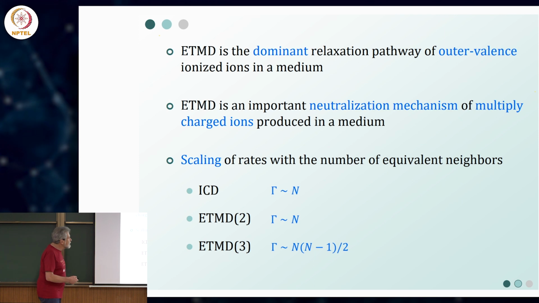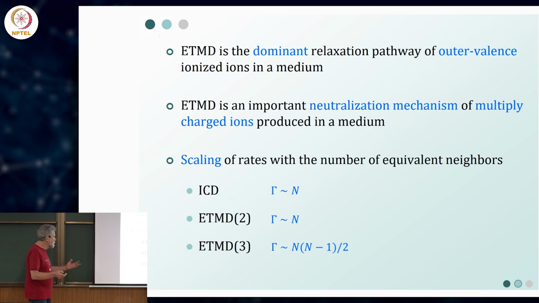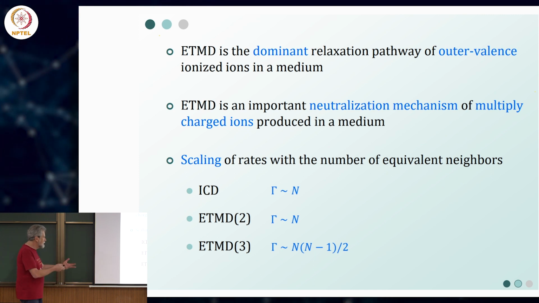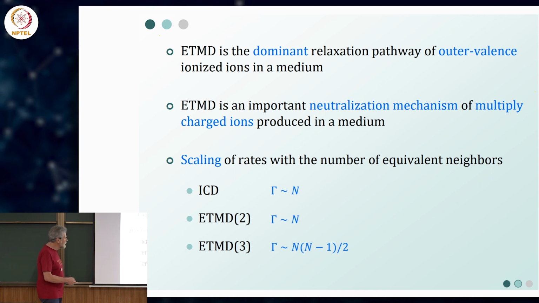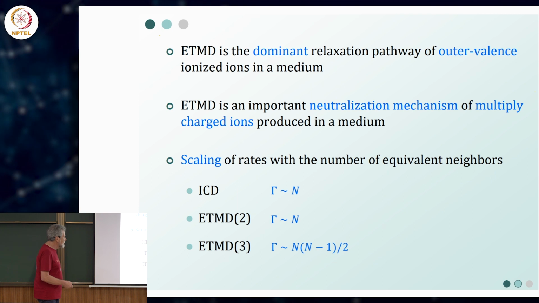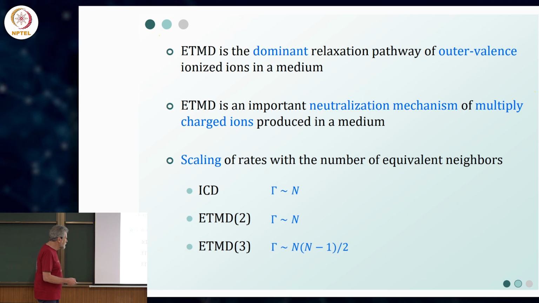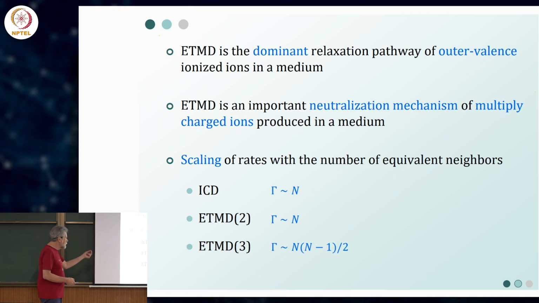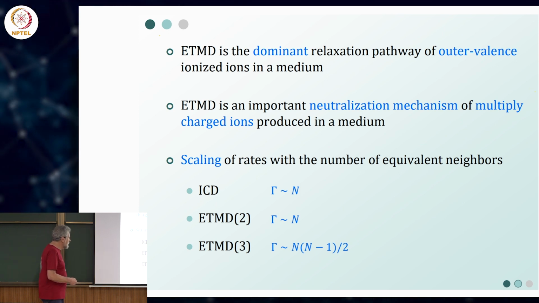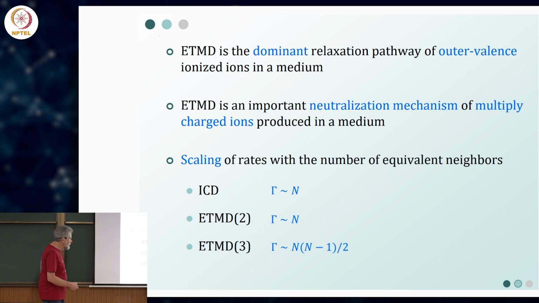Now it's important in the neutralization mechanism, particularly of multiple charged ions, which are produced, for example, by Auger in a medium and so on. Now a little about scaling with equivalent neighbors, else it's more complicated, of course. ICD we have seen in the neon clusters, you expect something which goes with n, the number of neighbors, unless you have coherence, then it can be much more. We have seen that a single neighbor, but you have many which participate in the excitation, also can give a factor of n. Now ETMD2 scales also similarly, and ETMD3 is actually for large n, if you have many neighbors, a big winner,